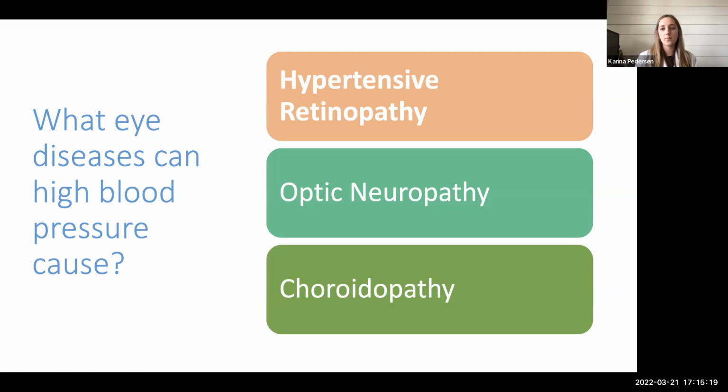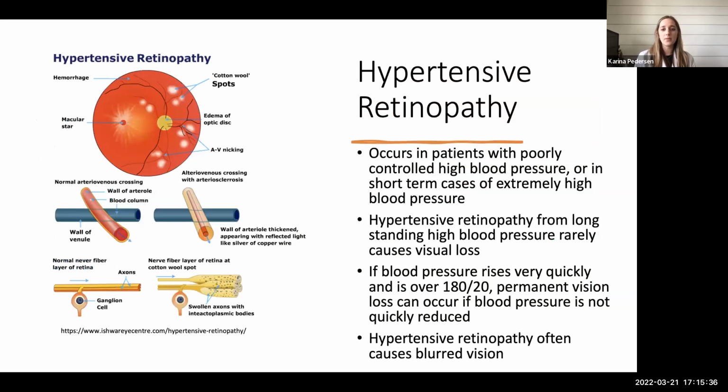So next, we're going to talk about what eye diseases high blood pressure can cause. First, it's hypertensive retinopathy, optic neuropathy, and choroidopathy. Today, we're only going to talk about hypertensive retinopathy. Hypertensive retinopathy occurs in patients with poorly controlled high blood pressure or in short-term cases of extremely high blood pressure. Hypertensive retinopathy from long-standing high blood pressure rarely causes visual loss, but if blood pressure rises very quickly